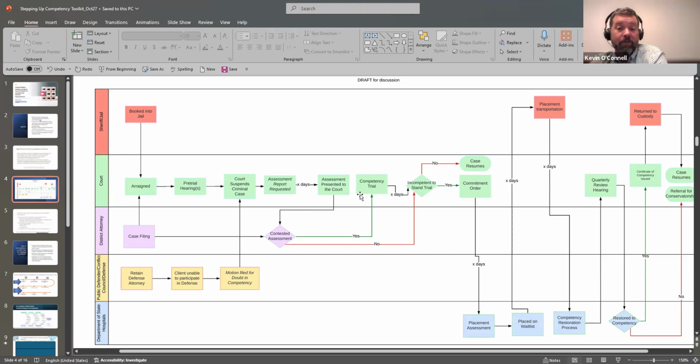But if they are, usually a commitment order is then issued, and then some kind of placement assessment is made, whether or not they need to go to, let's say, a state hospital or some other kind of placement to be restored to competency. Usually they'll be placed on some kind of wait list, which can be a short amount of time, could be a long amount of time, but usually it's some kind of a waiting period to then be placed for transport. Then you have the jail, or the sending agency, moving the person out to